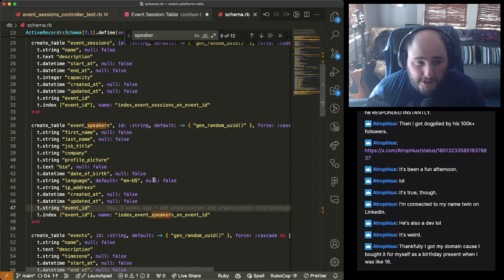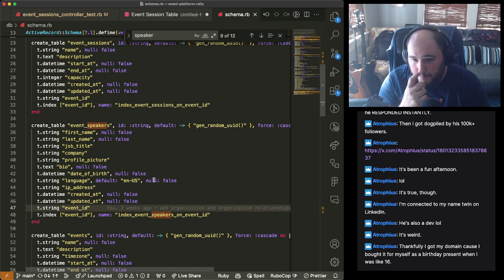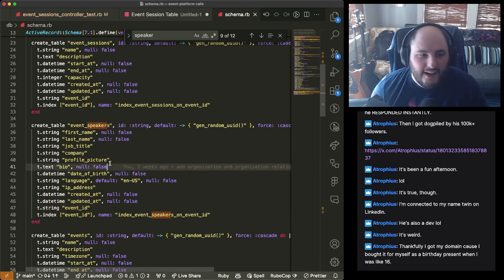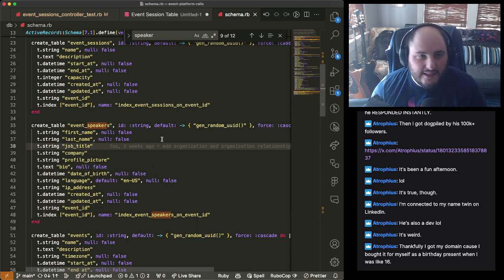Instead of being unique on first name, last name, we're going to introduce the concept that a speaker has an email, and that speaker email in conjunction with the event ID is unique, because I'm guessing emails have to be unique to some degree. You'll have to tell me, do y'all have the same email domain? I doubt it.